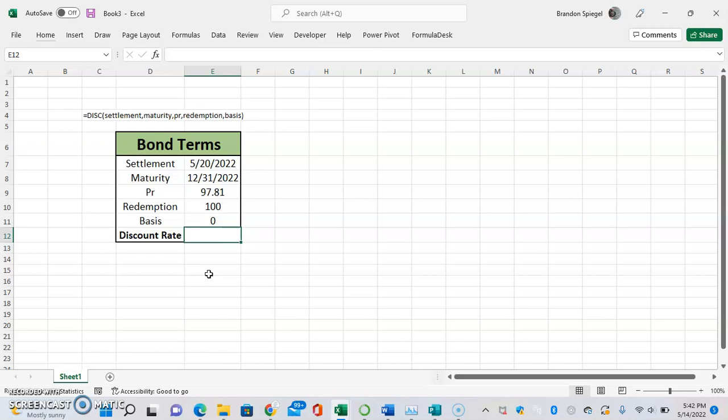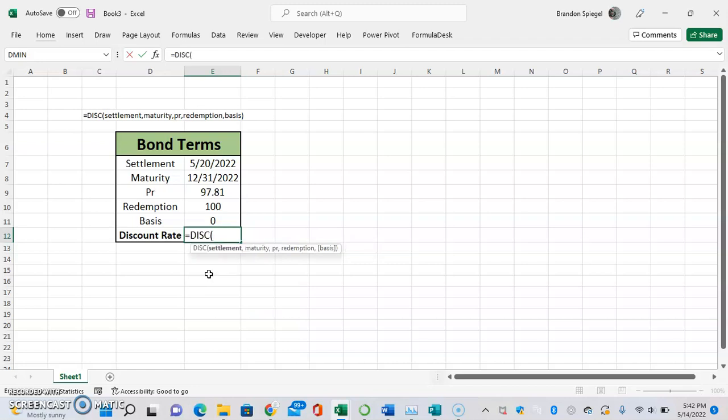And then the redemption. So the redemption is just basically the face value of the bond, which we're going to use 100 for example. And the basis helps to give more flexibility as to the dates surrounding the calculation. It is optional. So to use this function, equals DISC,